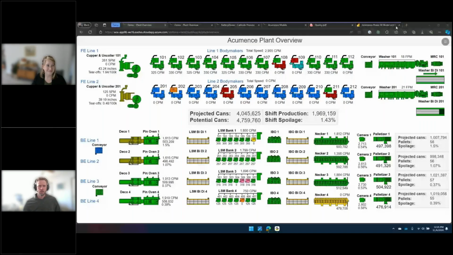Steve, could you show some examples? I know we've got some different dashboards showing this live data, and some of the key indicators, or what an intuitive system might look like. Yeah, absolutely. Let's jump over